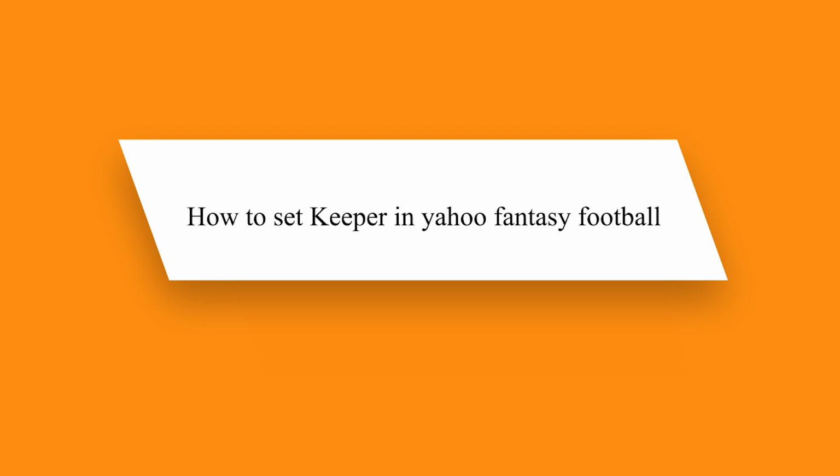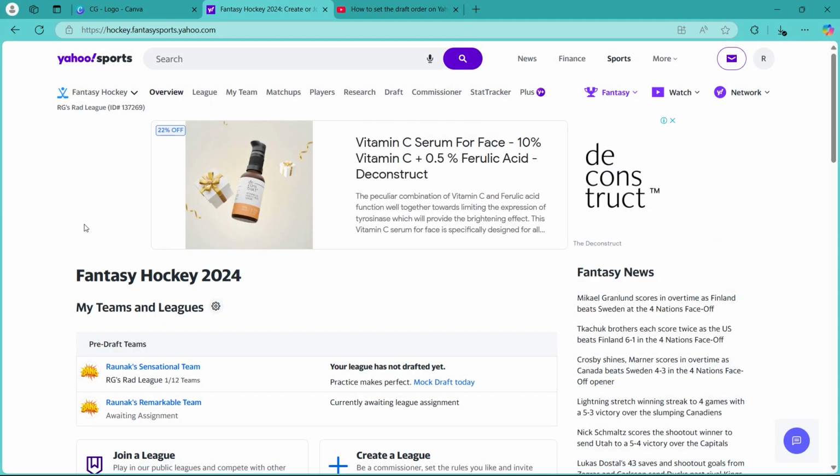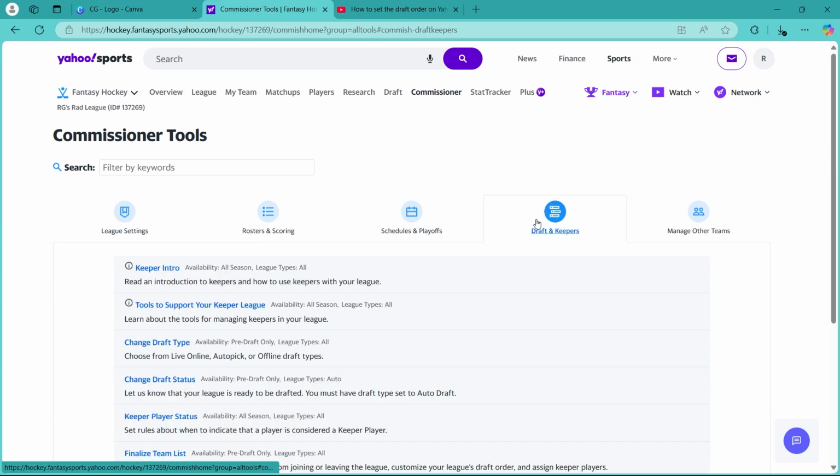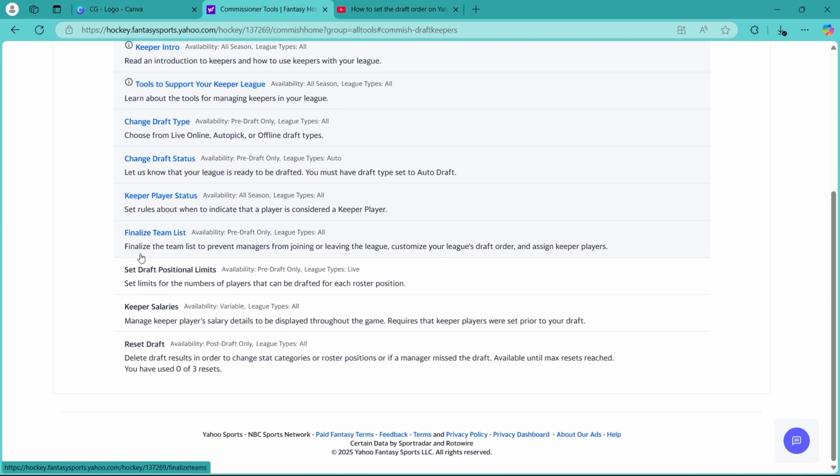So in order to do this, first of all navigate to your Yahoo Fantasy Football page, then click on the commissioner icon at the top of this screen. When you click on this text that says commissioner, it will take you to your league settings. Here you'll have to choose draft and keepers from these options. Now you will see a list of options, so you'll have to just scroll down and click on finalize team